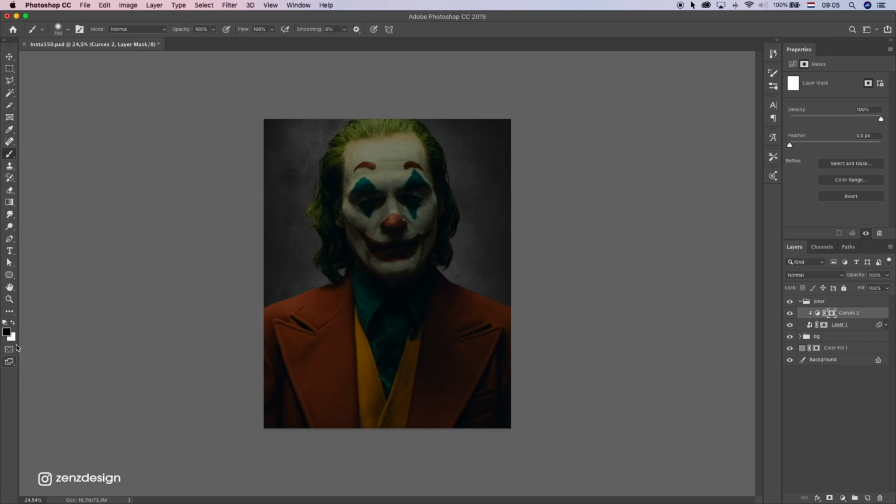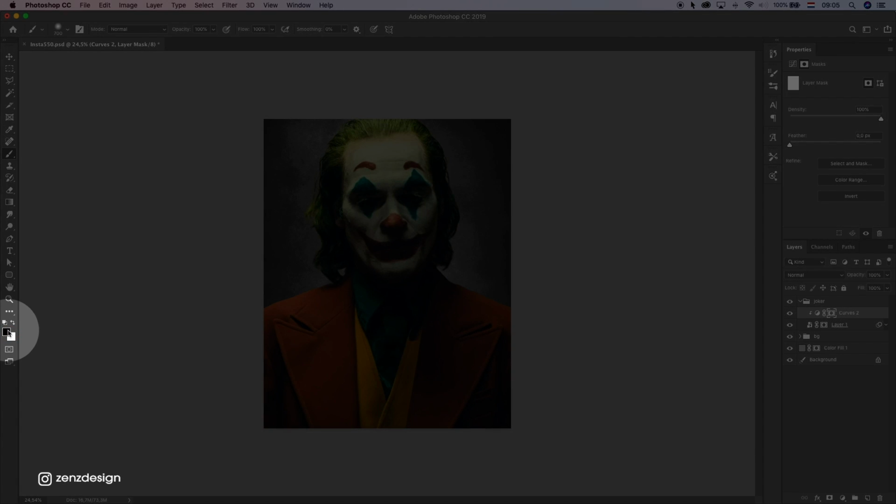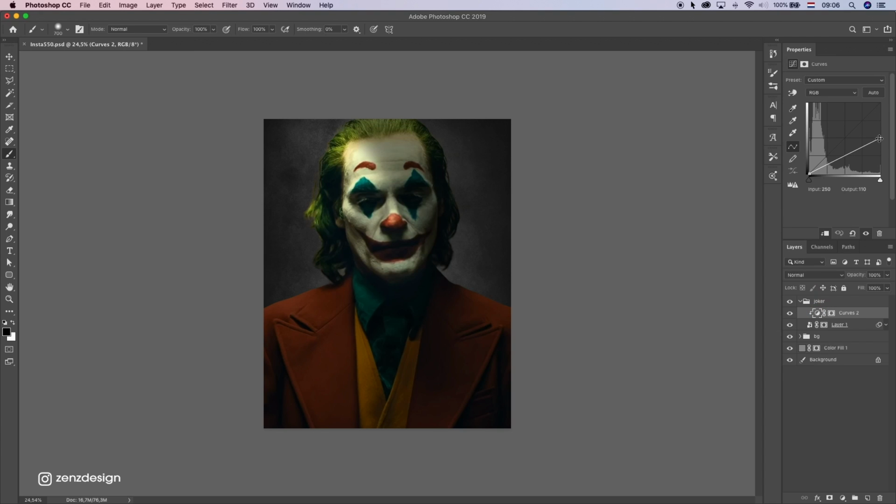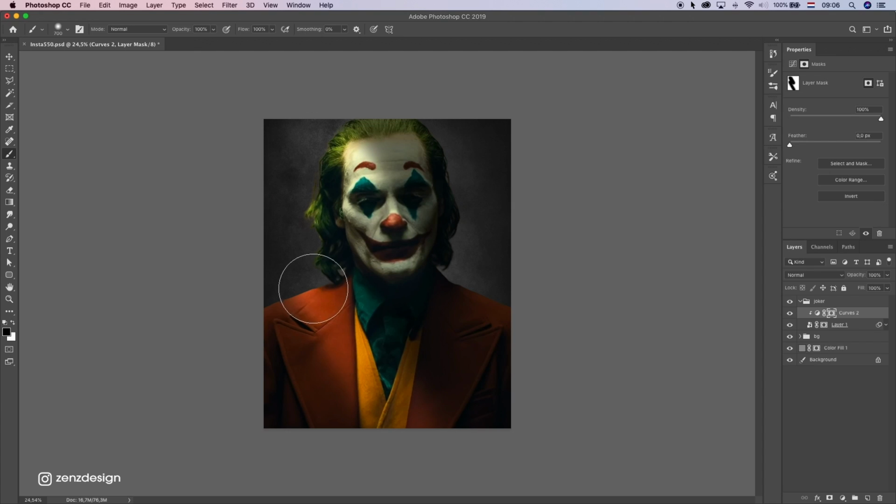Select the mask of the curves and make sure you have black selected here. And bring back this light again. I think I want to even make this darker, like that. So we have light coming from here, so this side will be lighter. Maybe a little bit here.